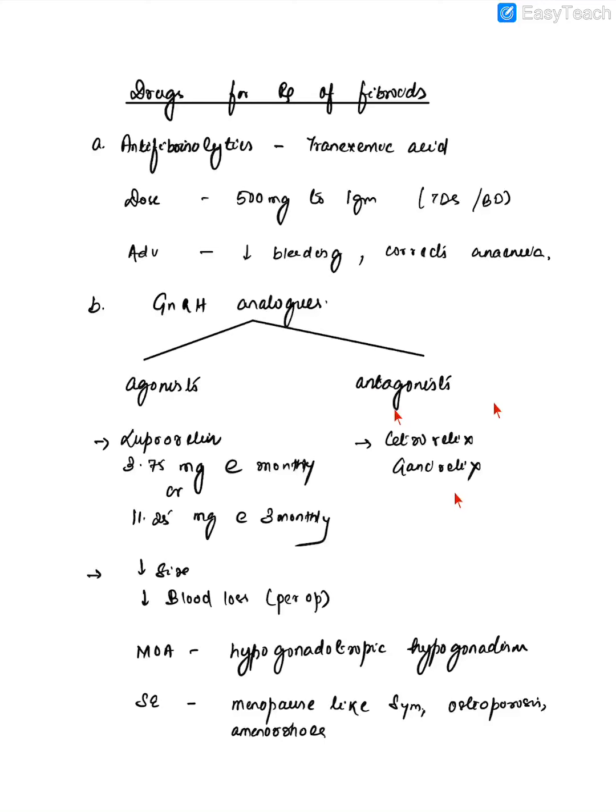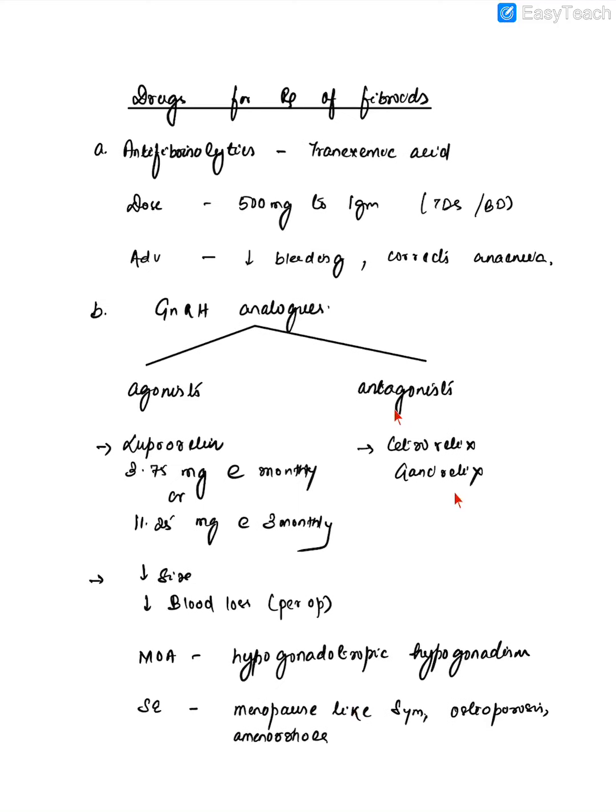We do not use antagonists like cetrorelix and ganirelix very commonly. The most commonly used drug here is leuprolide acetate. Because it is causing hypogonadotrophic hypogonadism, prolonged use of GnRH analogs can cause amenorrhea and menopause-like symptoms. Estrogen, as we know, is very important in calcium homeostasis, so prolonged treatment with GnRH analogs can increase the risk